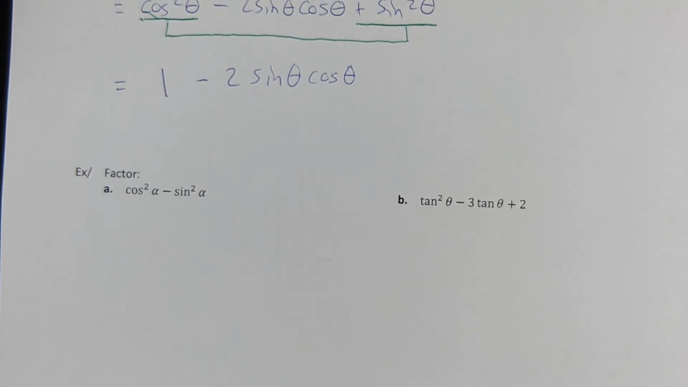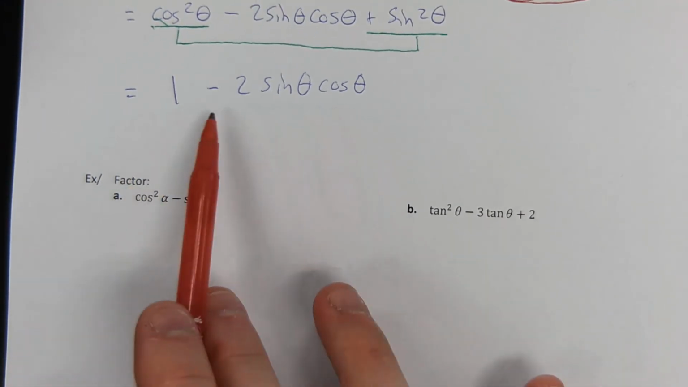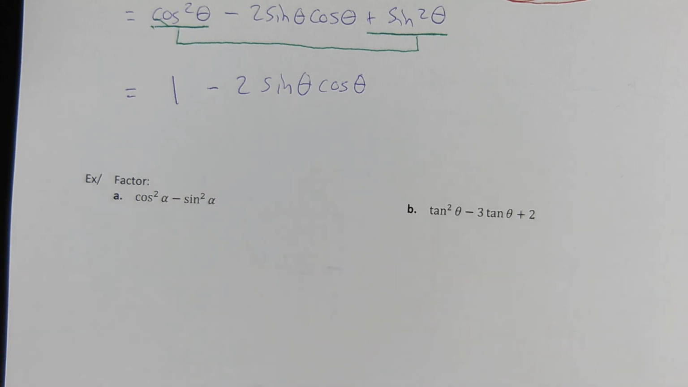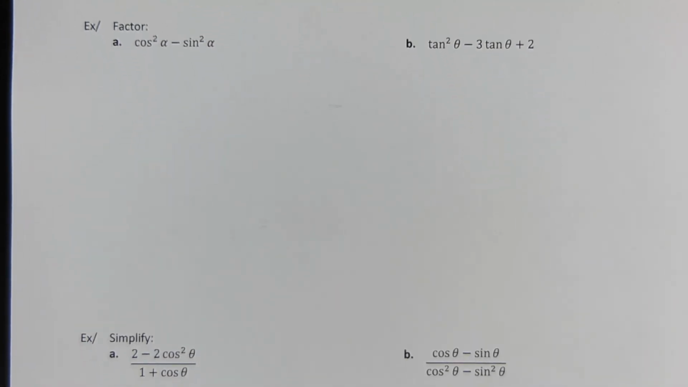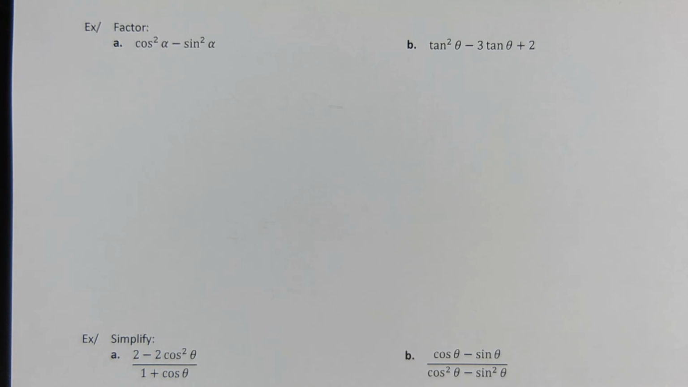And you know what really pains me? This is also an identity that we won't know till tomorrow. I was going to say that looked familiar. It is. It's sine of 2 theta. But that's one of the double angle formulas, which are all in the reference sheet. No, actually,